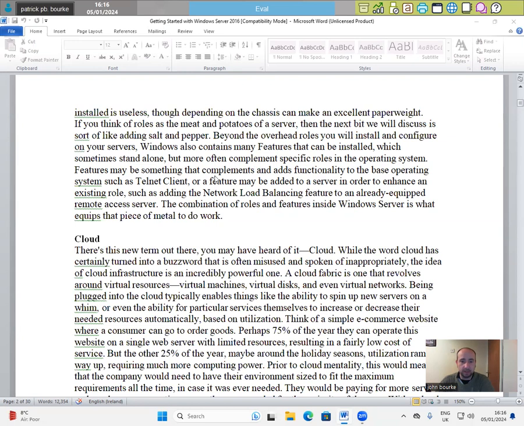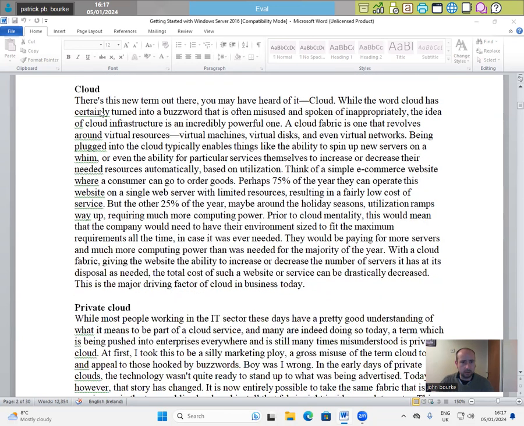Features may complement and add functionality to the base operating system, such as Telnet client, or a feature may be added to a server in order to enhance an existing role, such as adding the network load balancing feature to an already equipped remote access server. The combination of roles and features inside Windows Server is what equips that piece of metal